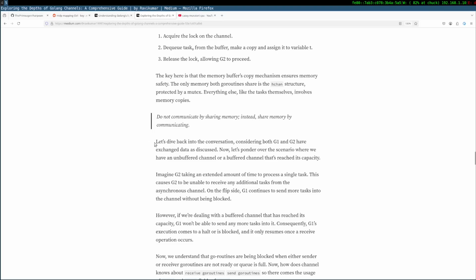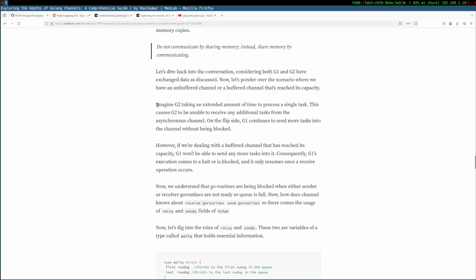Let's delve back into the conversation. Considering both G1 and G2 have exchanged data as discussed, now let's ponder the scenario where we have unbuffered channels or a buffered channel that has reached its capacity. Imagine G2 taking an extended amount of time to process a single task. This causes G2 to be unable to receive any additional tasks from the channel.